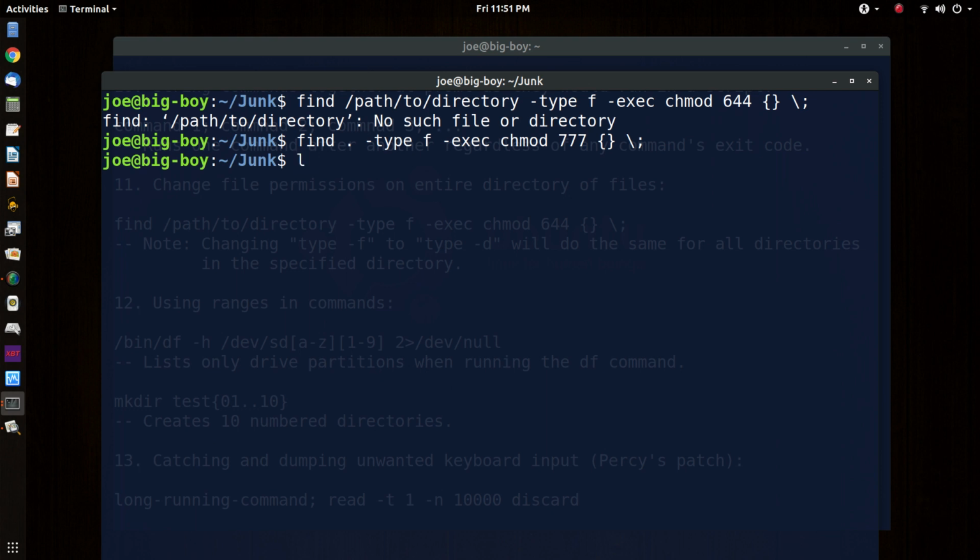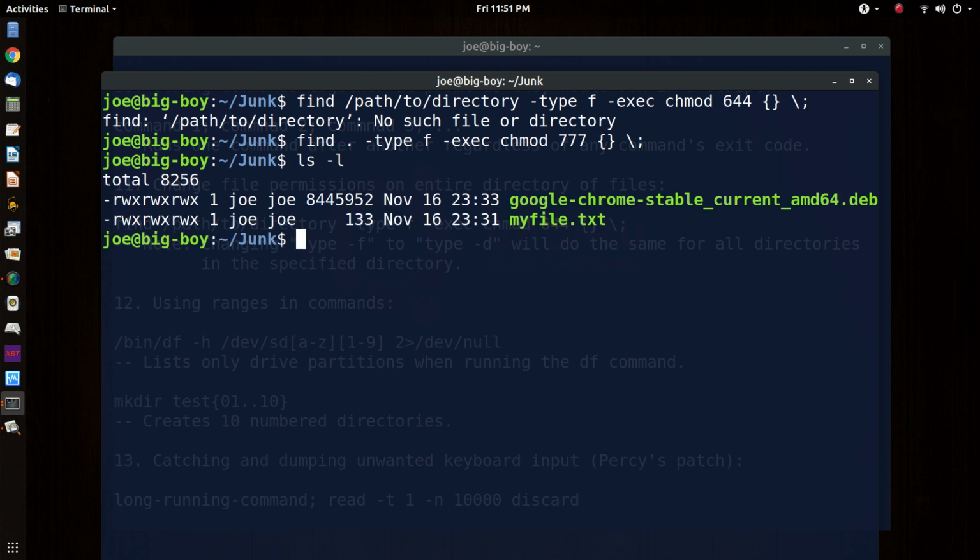So now if we list the storage, and we'll do the long list, which will show us the permissions, you'll see that every file that's in here, 2 of them, they have full permissions. Let's do that again to just once again illustrate how it's working. This time around, we'll give nobody permissions but me. So if I put a 7 on there,